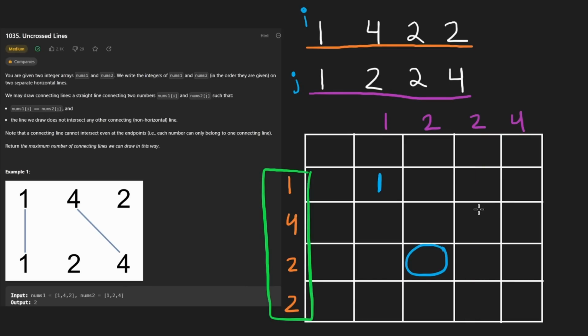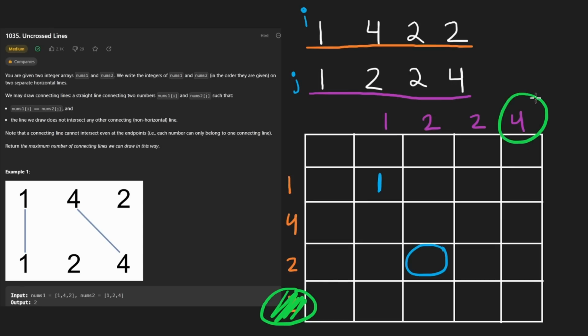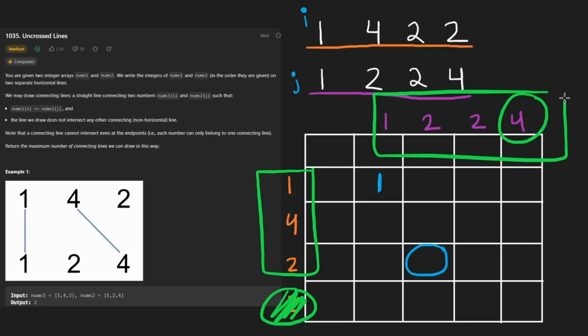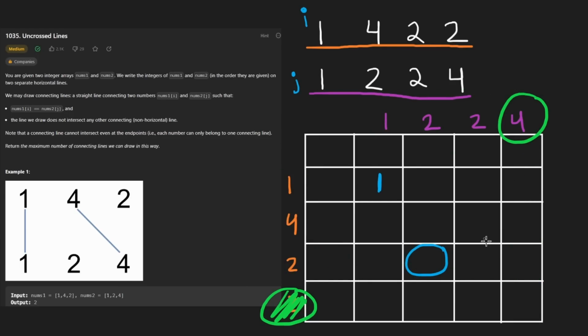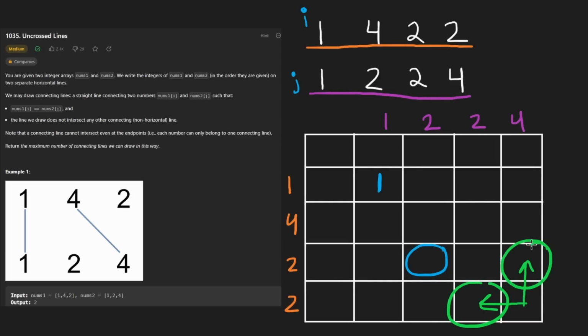Another possible case could be that we want to actually skip this 2. So since this 2 didn't match with this, we're going to decide to skip this one. And now this is the new subproblem that we're looking at. Where's the value going to be stored? Probably over here, because it corresponds to that and that. So basically what we learned here is if we want to find the value stored here and these two characters don't match each other, we're going to look to the left for what value is stored over here, and we're going to look above for what value is stored over here, and we're going to take the maximum of those two and store that in the position